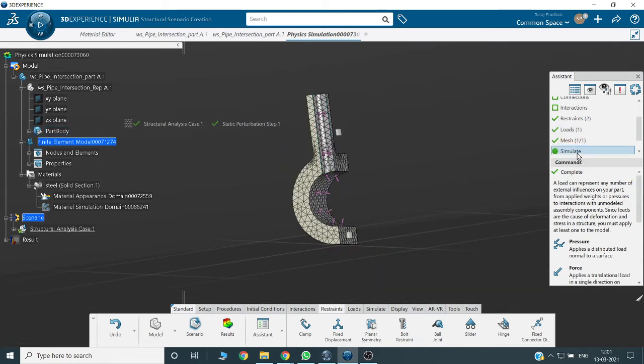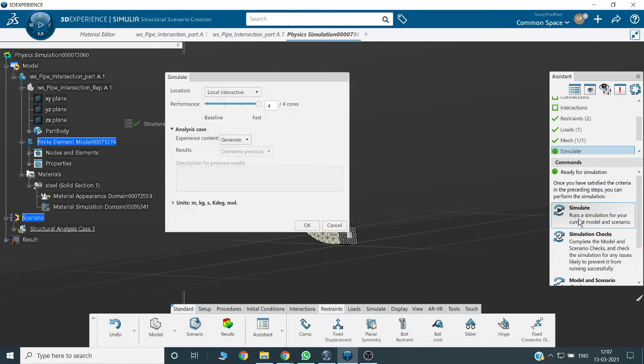Now you can go to the simulation, simulate. Before simulating, if you want to update, you can go for the update, then simulation.